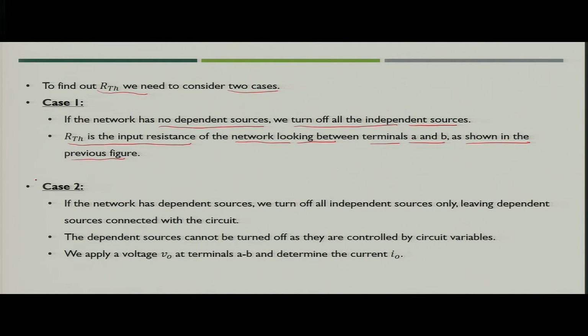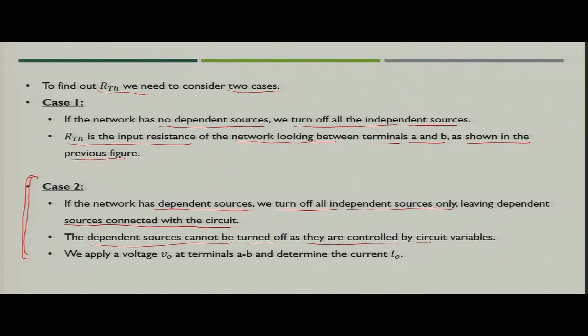Now, in this session we will discuss more about case 2. What is case 2? In case the network has dependent sources, we cannot turn off the dependent source because it depends upon some circuit variable. So, we will keep the dependent source connected with the circuit while we turn off all the independent sources only, and since the dependent source cannot be turned off